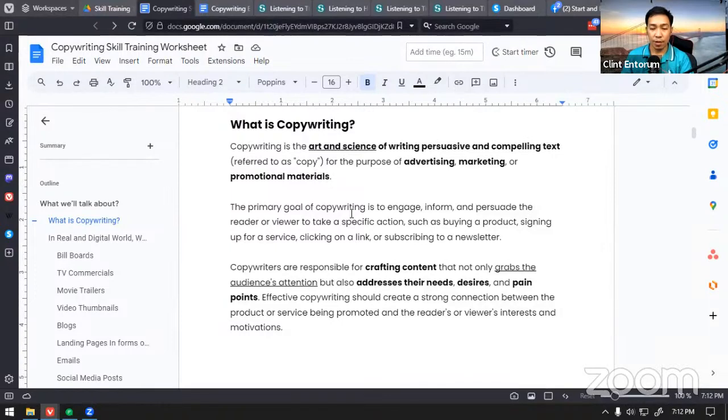Okay, so we will have a couple of examples later on, like sales pages, advertising, mga marketing, and promotional materials. So the primary goal of copywriting is to engage, inform, and persuade the reader or viewer to take specific actions such as buying a product, signing up for a service, clicking a link, or subscribing to a newsletter. So basically, yun po yung pinaka-goal at trabaho ng mga copywriters.